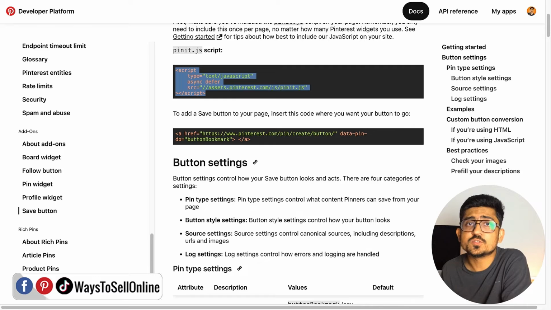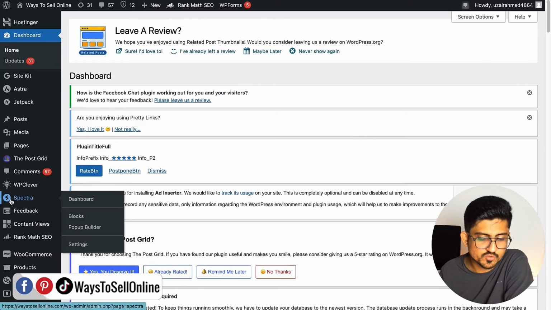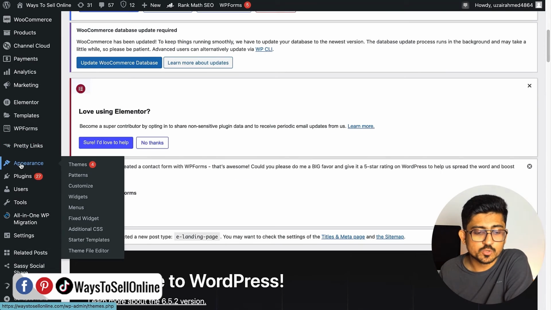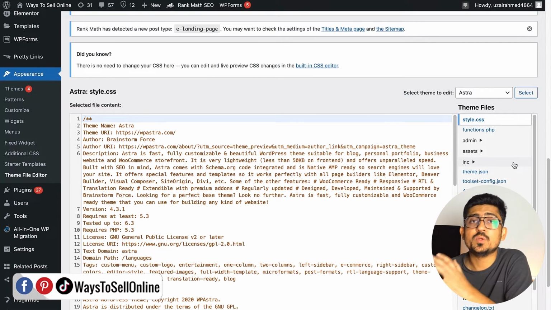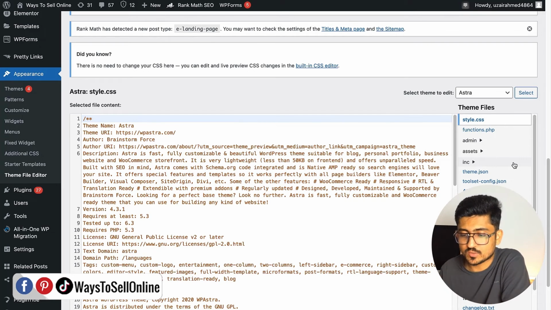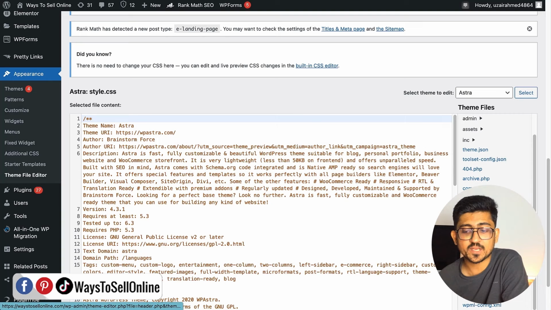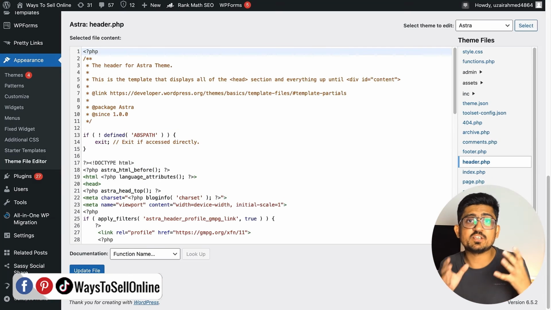And if you are still confused, then let me show you where you can actually find those pages. When you go on your WordPress dashboard, on the left side, if you scroll down, under the appearance menu, you need to click on this theme file editor. After clicking on that, on the right side, you can see all of the files of pages which are present in your website, like main page, service page or blog page, right? So on the right side, you can see that this is header.php, this is footer.php. So let's suppose if we copy and paste that code in header.php, then